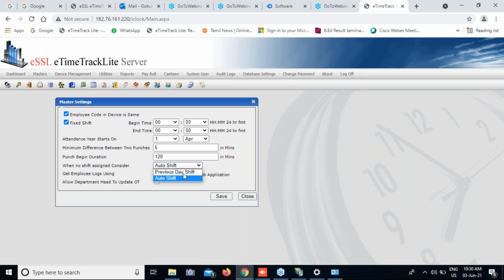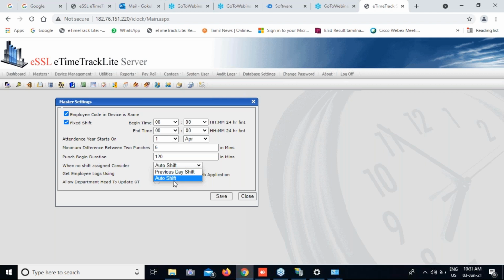There are two shift categories: one is auto shift and the other is previous day shift. If you set auto shift, suppose you have three shifts in a day, it will pick the shift based on the shift timings and the punches. Example: one shift starts at 9 o'clock, another starts at 2 o'clock, and a third starts at 6 o'clock.